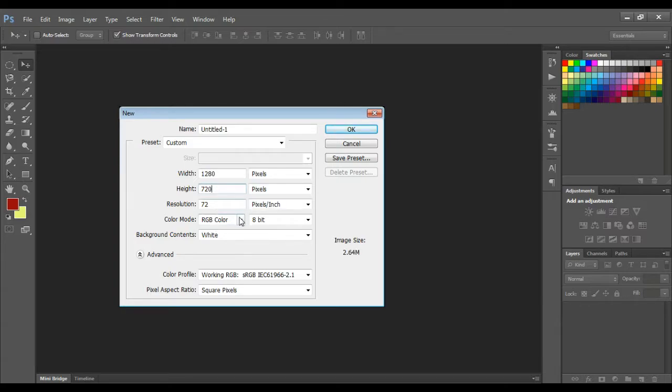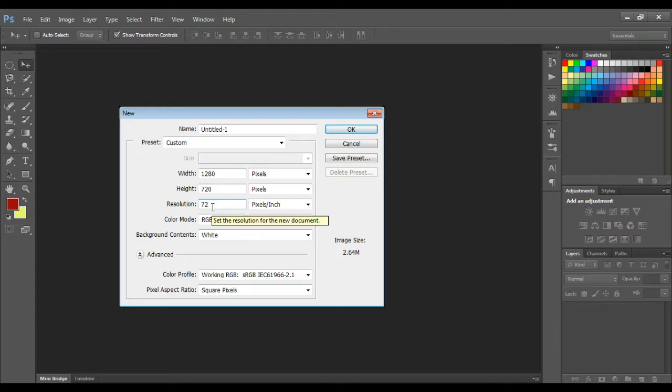Here for the resolution, you can select 72 or you can select 300 as well. If your resolution is high, then your image is clearly visible upon zooming.